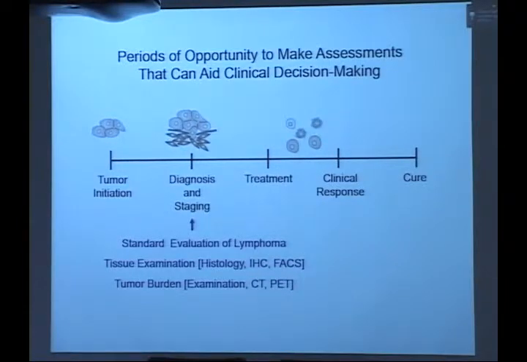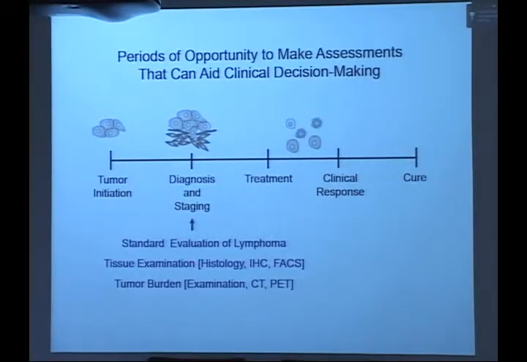I mean, if you think about a cancer patient, there are periods of opportunity to make assessments that can really help us make clinical decisions. First, something happens to initiate the tumor in the patients, and often this is way too early for us to know that anything's happened, and you have to wait till it grows big enough to be able to make a diagnosis and do staging. So for example, for lymphoma, you get a chunk of tissue from surgery or a fine needle